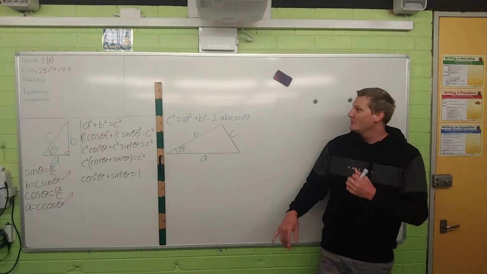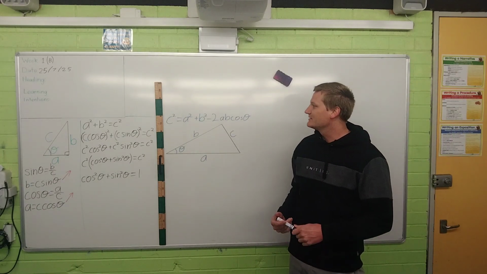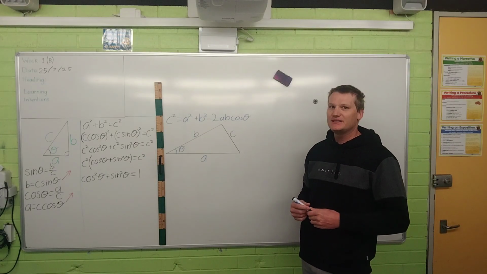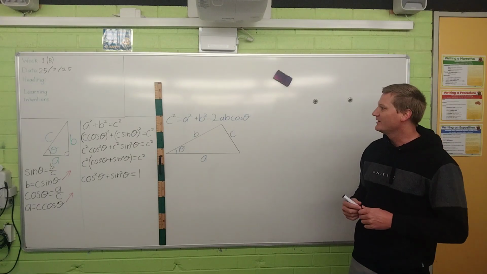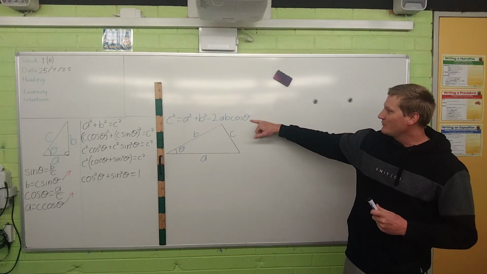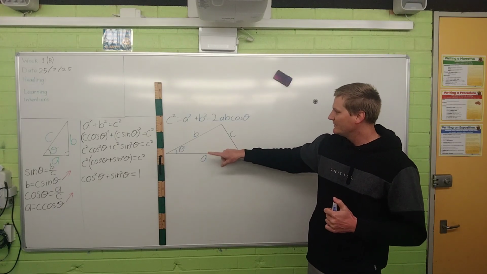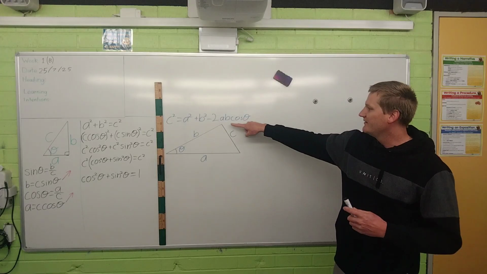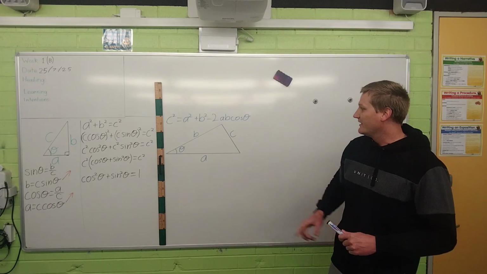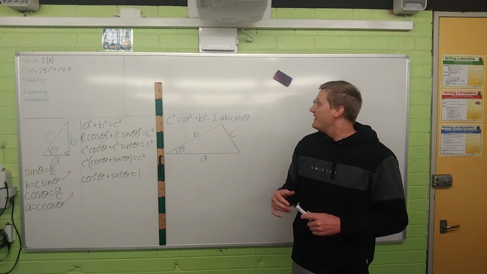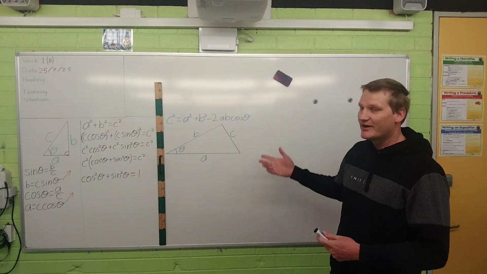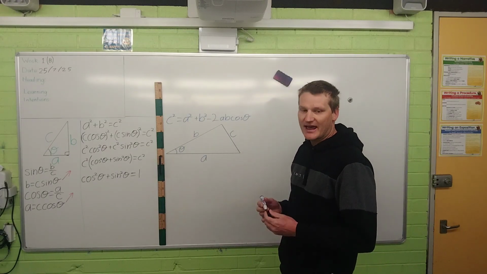I'm going to explain where our law of cosines equation comes from. That's this one, c squared equals a squared plus b squared minus 2ab cos theta. We can use that when we have a triangle where we're given two side lengths and an angle theta, and we need to find the opposite side length from the angle theta. This can be used for any triangle. It is like Pythagoras, but it's better than Pythagoras because we can use it when we don't have a right